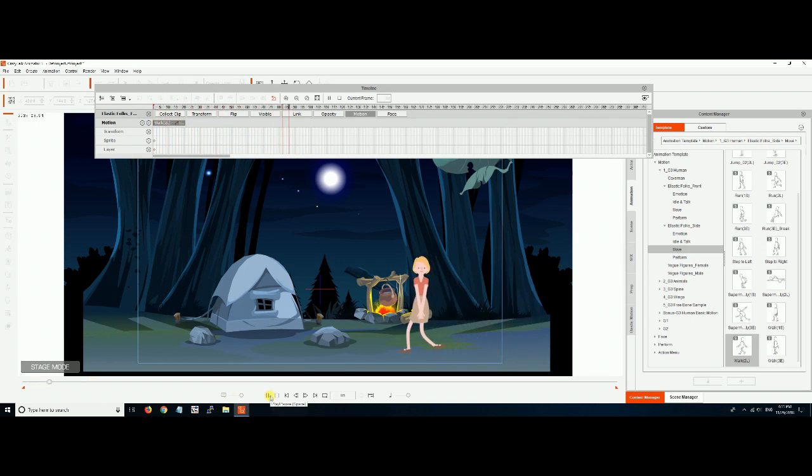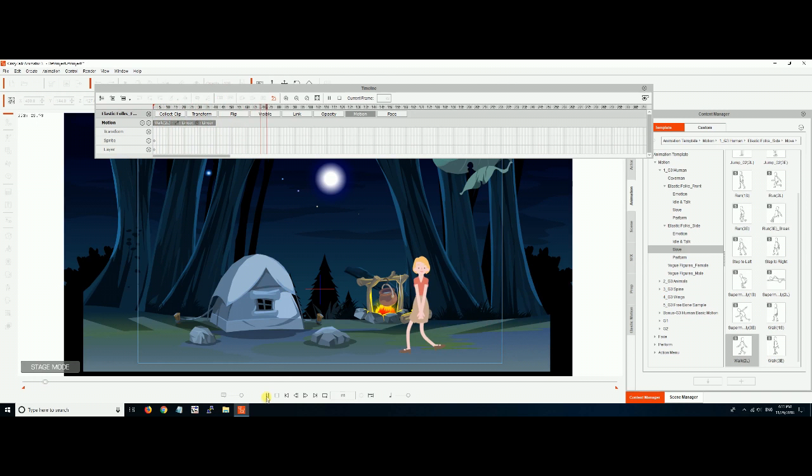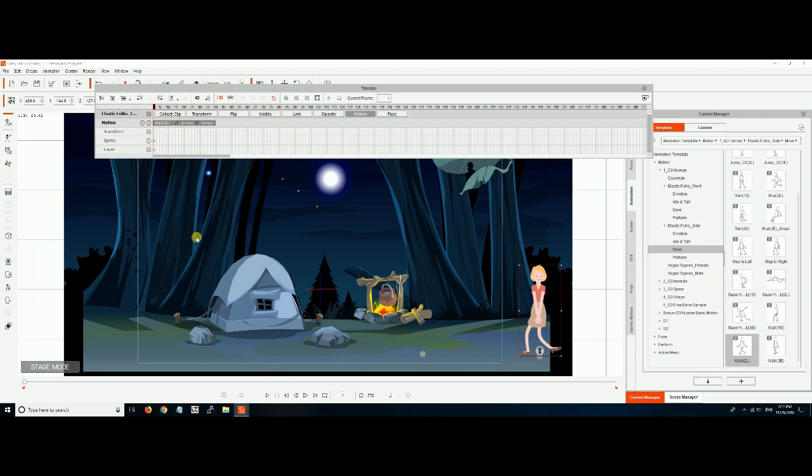Now she stopped. Okay. Now, if we wanted her to continue on, what we could do is drag this out. So I clicked and I dragged, and now she's going to walk for a little bit longer. And here we go. Now you may start to notice right away that this is a very tedious process, meaning every little detail has to be accounted for, the layers, and you will end up spending lots and lots and lots of time making a detail scene.